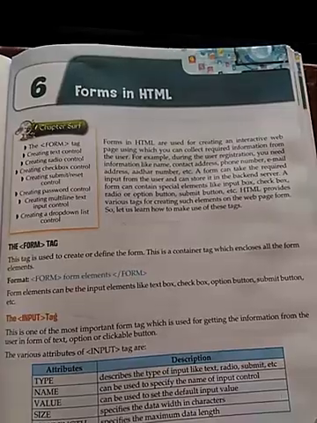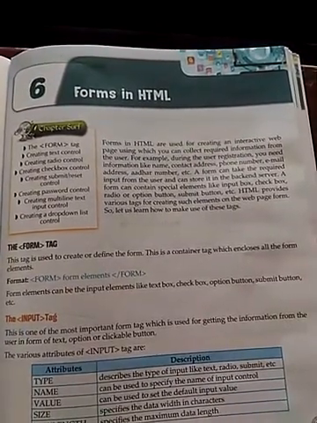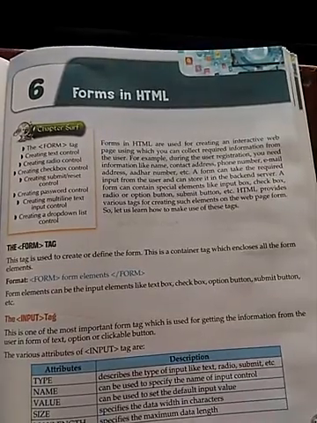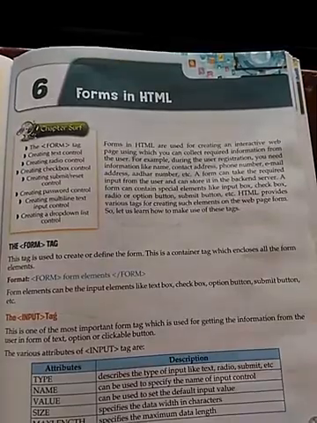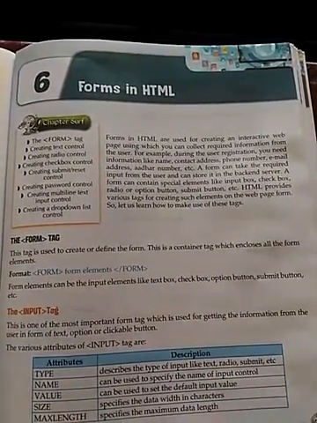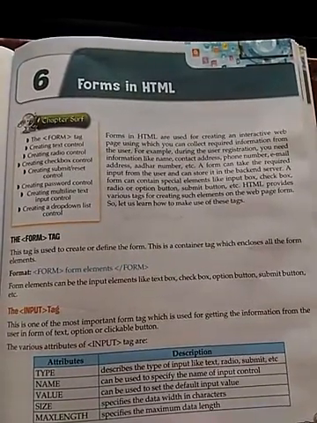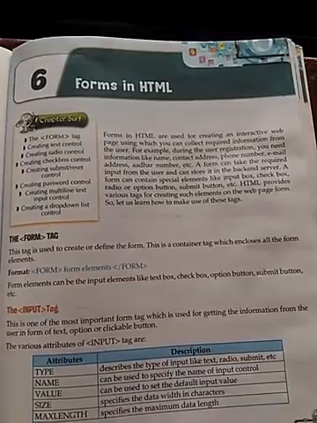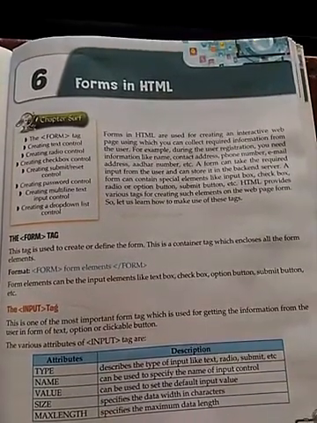What is a form? A form is an interactive interface between the user and the database, means you gather the information or you take the information from the user in a form in an organized way so that you can maintain the records in a database in the proper manner.